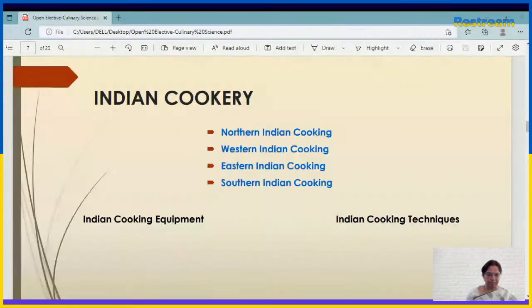One is the tawa. So the concave pan, traditionally made of cast iron, is essential to making a fluffy roti or chapati. And the flatter version is used for dosas. Another one is belan and chakla, which is for rolling the flatbreads. Then the most unique one is the masala dabba, where different spices are kept. Then the pressure cooker. So this will save time and cook faster.